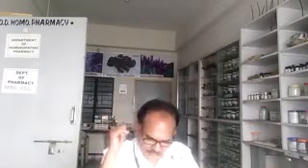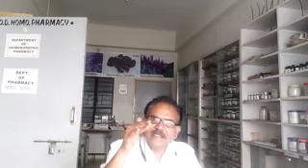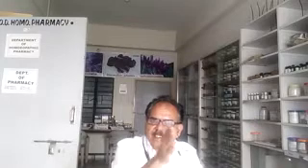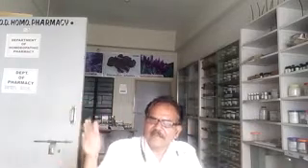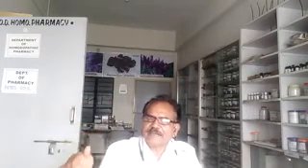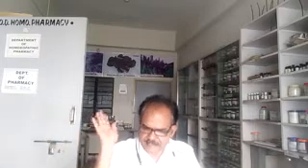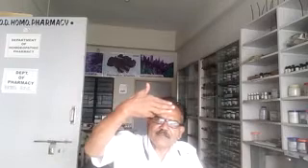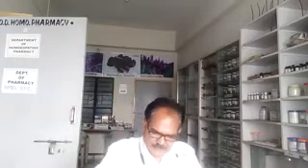I will repeat how to write. First of all, the middle ear. What is the middle ear? The tympanic membrane separates the external ear from the middle ear, and medially there is the inner ear, with the oval window and round window. Laterally, the middle ear is shaped like a pistol. Now, the middle ear communicates with the oral cavity by the eustachian tube.